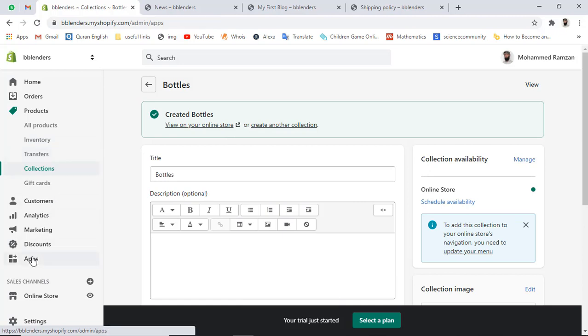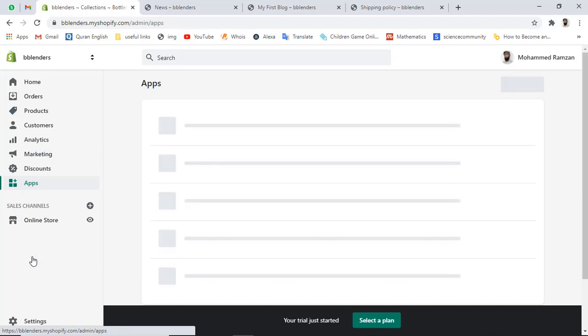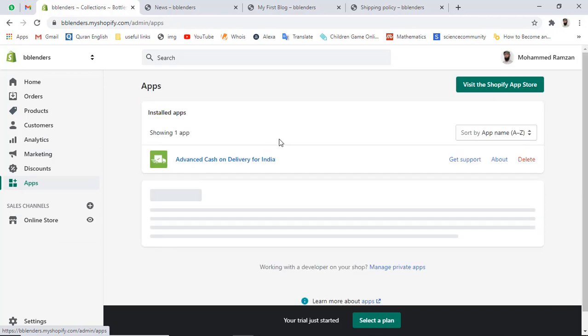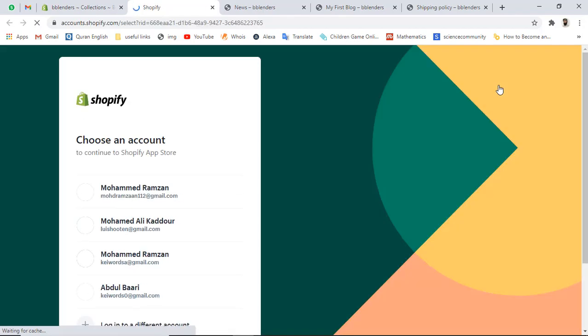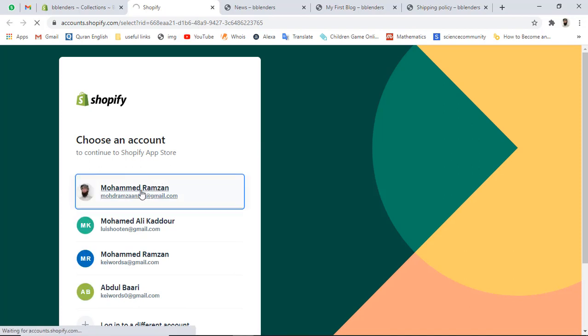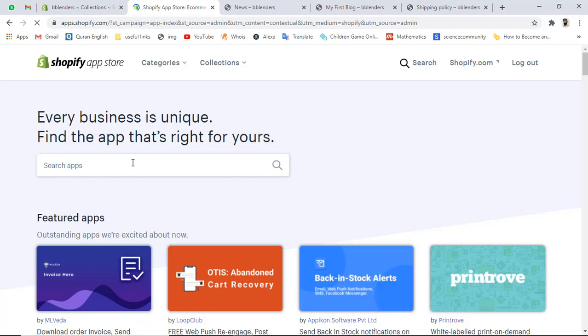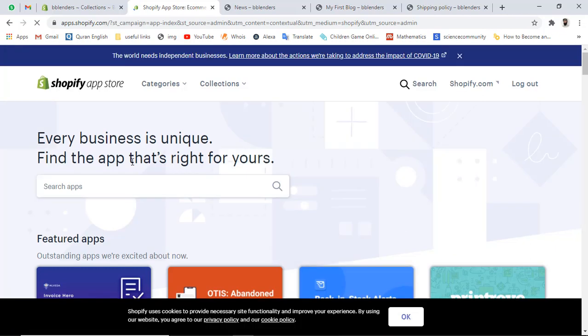adding some products, and for that we have to install the Uberlo application. Let's click on visit the store, Shopify App Store. You have to install Uberlo, and for that you should select an account on Uberlo. Actually this is a Shopify account through which we are going to connect with Uberlo.